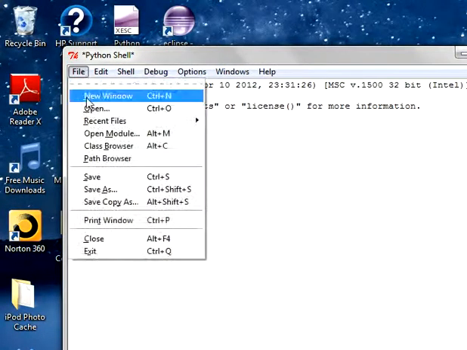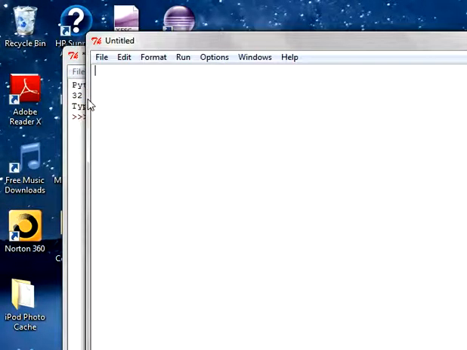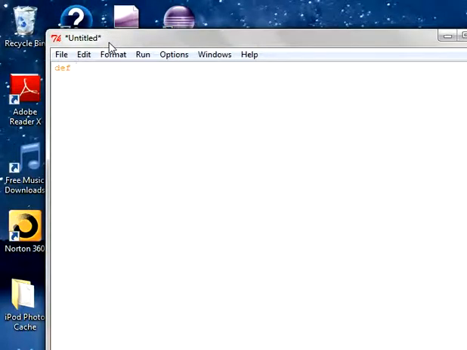Go to file, click on new window. I'm going to create a simple function here. def is a keyword. I'll drag it a little bit to the left side. def is a keyword and the function name I'm giving it as display. You need to open the brace and close the brace. So here you are defining it. There are two terms: one is defining it, the other is calling it.